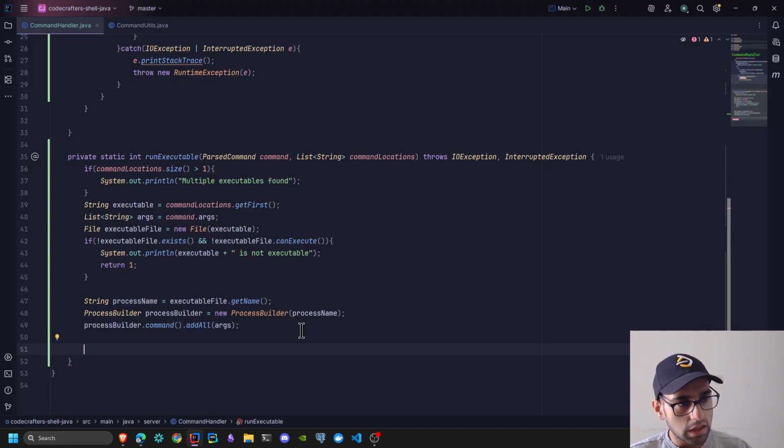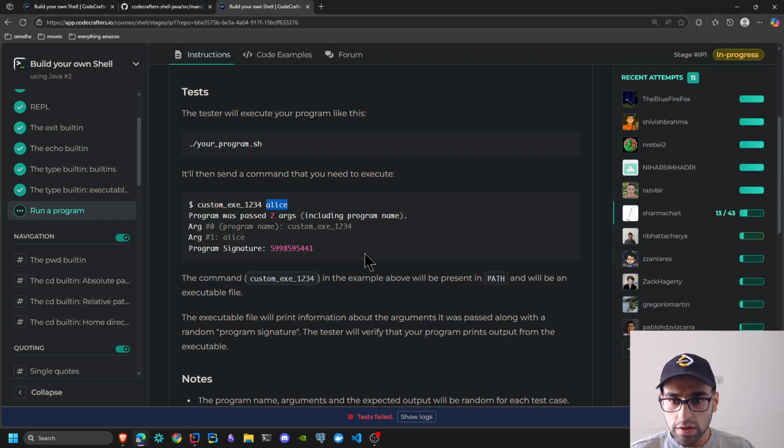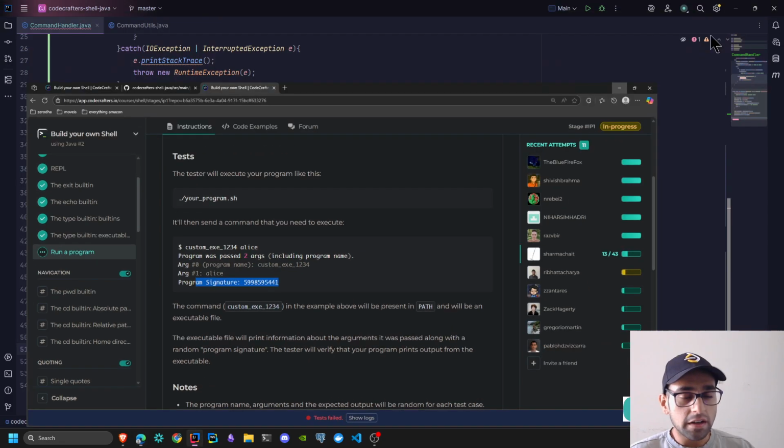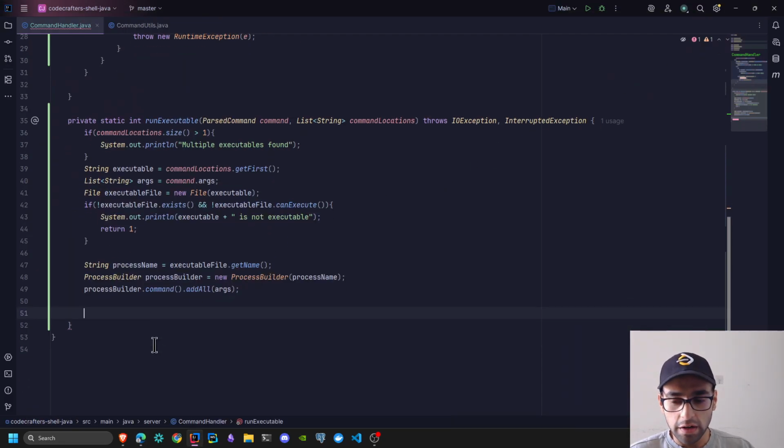after this, if the secondary process is doing something with IO, right? If it's printing something to standard output, or if it's taking some input from the standard input, in that case we need to redirect the standard input and output to this process as well, and that can be done with